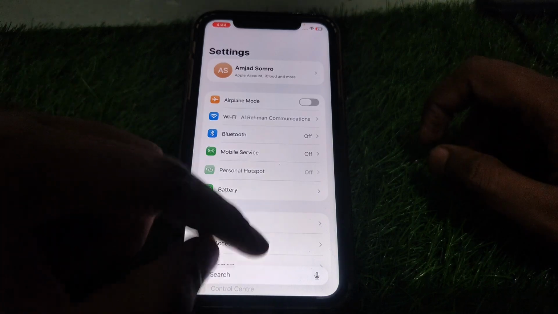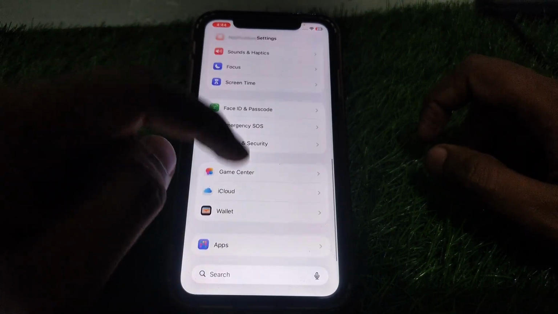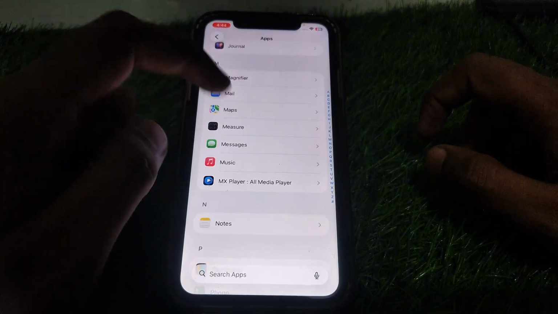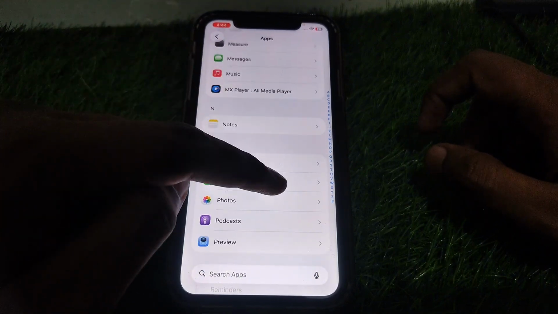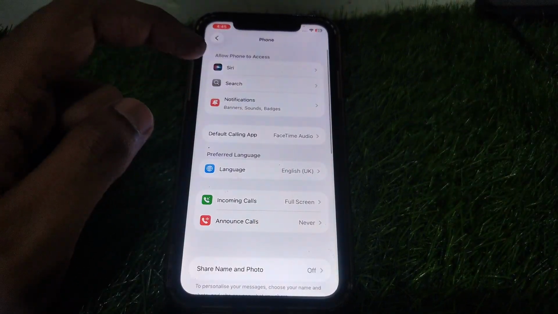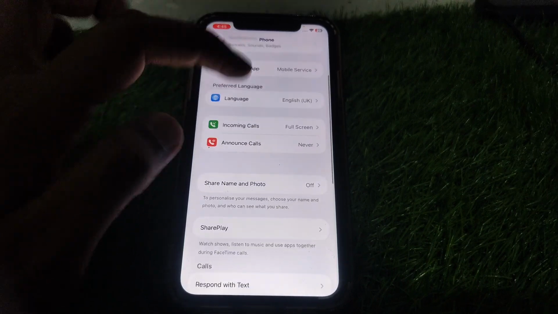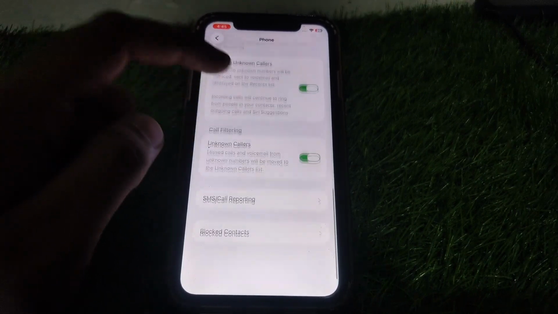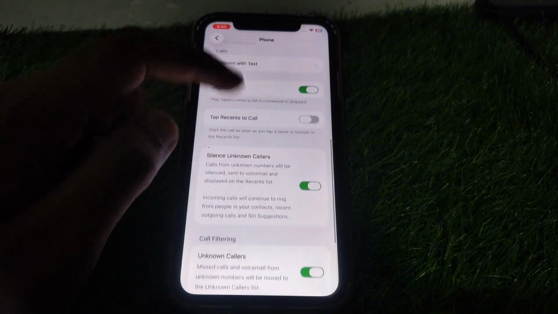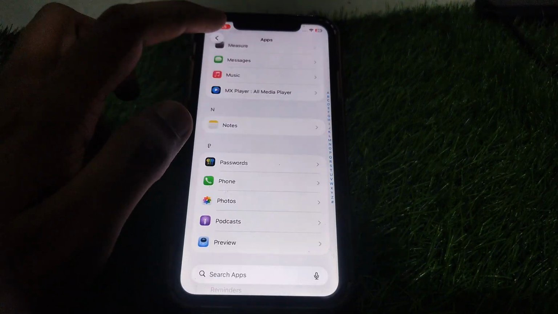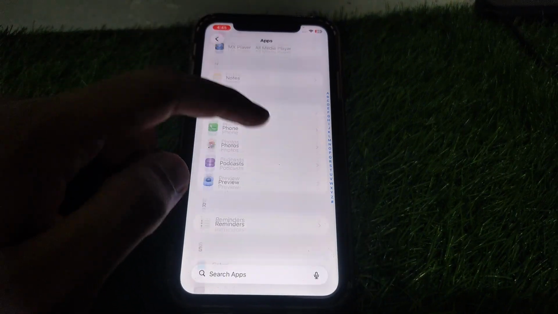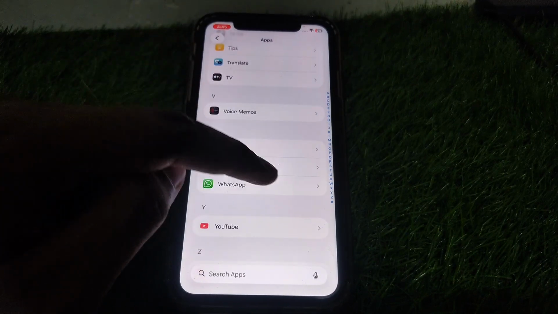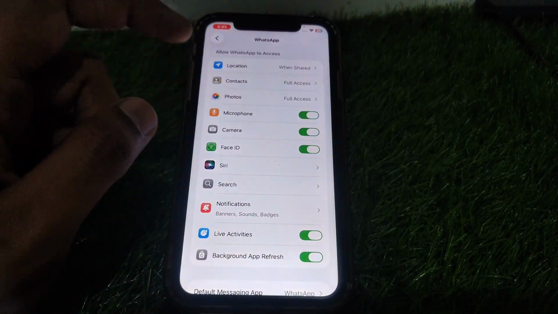And after that, you have to simply look for Settings again, and here you have to click on Apps, and you have to look for the Phone app, and here you have to click on that. And if you cannot find the default settings for the call, or you do not find any kind of settings related to that, then you can simply go to the app you want to set as default calling. For example, if you want to set WhatsApp as default calling, then first of all,